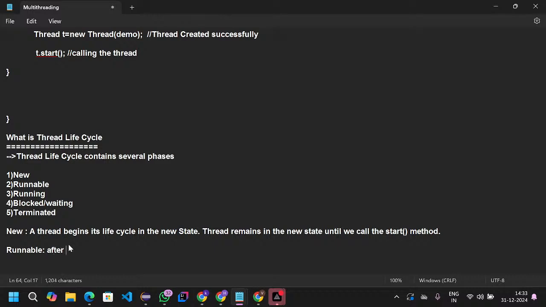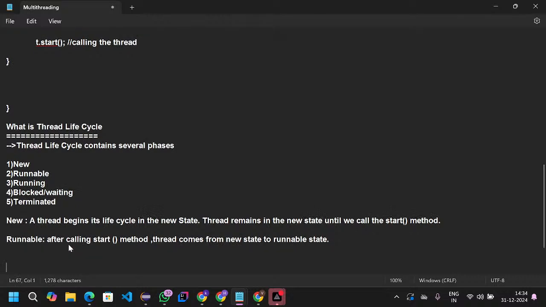After calling the start method, the thread comes from the new state to the runnable state. Okay, next, running. So running means